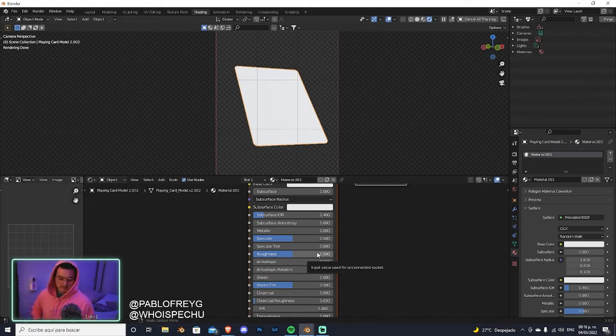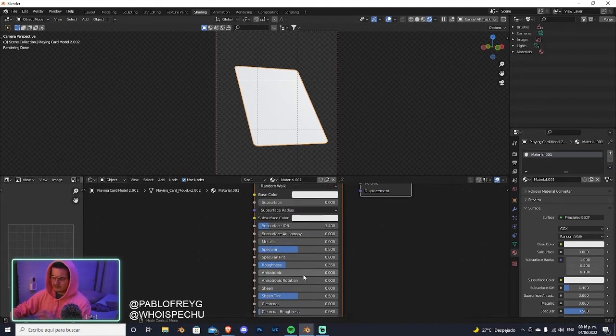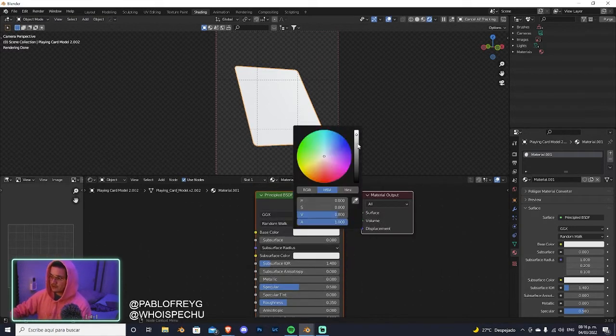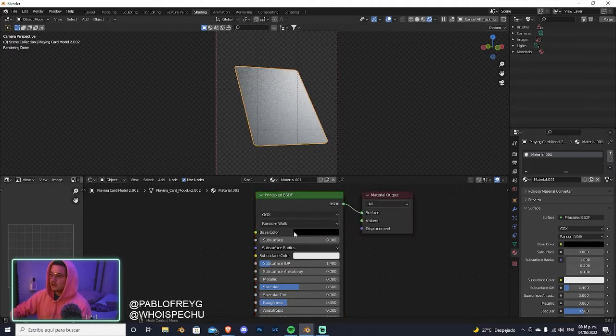Actually, I've found out by playing with this that the roughness for plastic, this Duraflex plastic, is basically 0.350. But it doesn't really matter that we move anything here right now, because we will be adding surface imperfections and stuff like that. So we will be using the roughness a lot. I will just change it to black so you can see how the light reflects and stuff like that. So let's start with